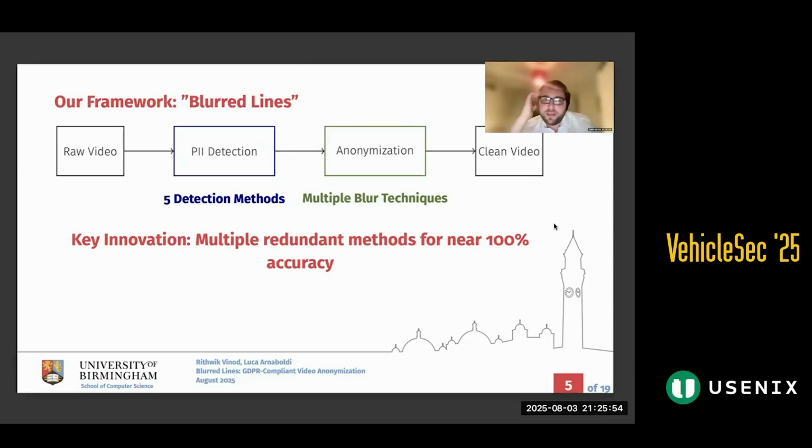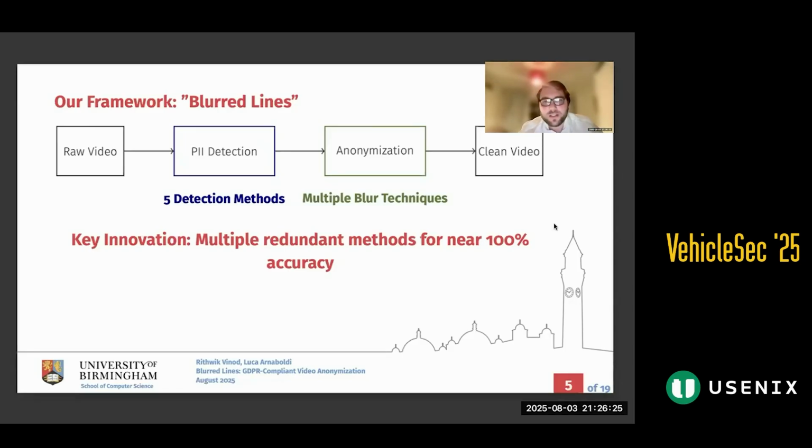We followed a pipeline that had, from the raw video, we segmented, did a bunch of stuff, but the core things were 5 different detection methods to really go in depth, finding all the different aspects that were GDPR protected. We had multiple blur and general anonymization techniques on the video, and eventually we created a clean video that we then shared with the partners who needed it. Our aim was to create the best possible video that would still be usable for training, for information, for risk analysis, etc.